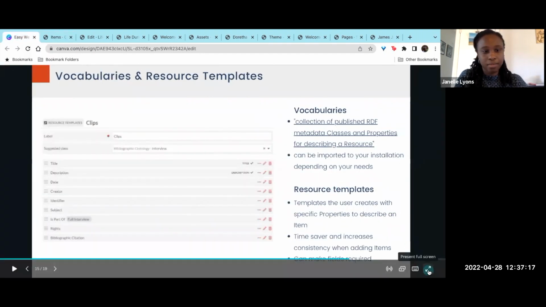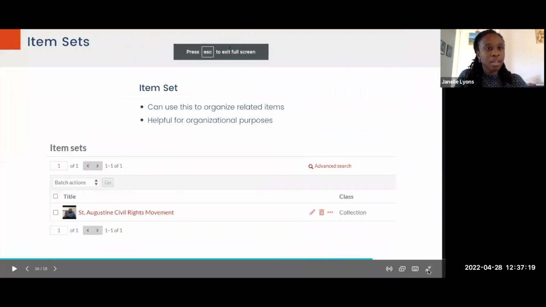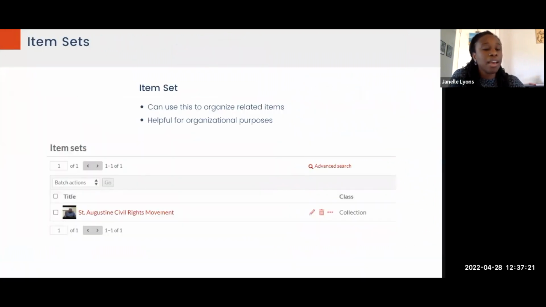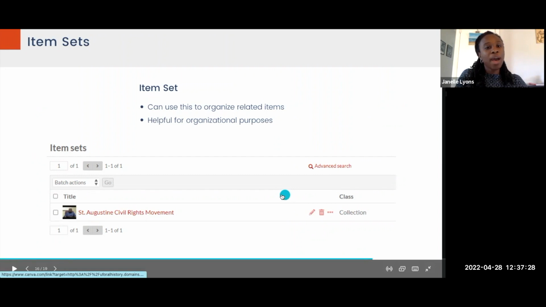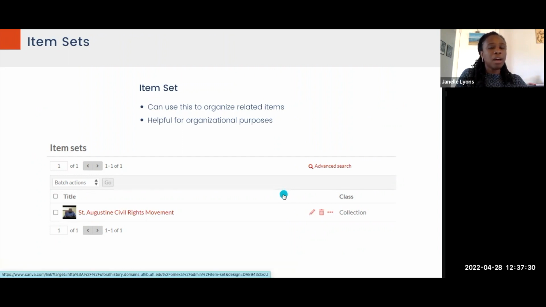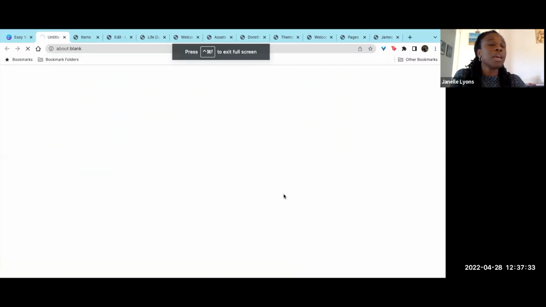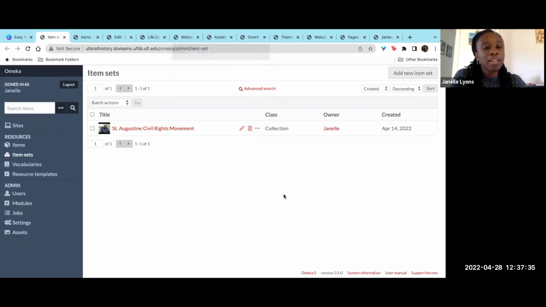All right. And so this last portion is item sets. Again, just a collection of related items. I think when you have more sites and items, you can use item sets in different ways, but at least for me, I knew that this would be a good way to have my clips organized so that when Spock's creating other sites, they know that the clips that I use for this site are all in this item set. And so if you click here,